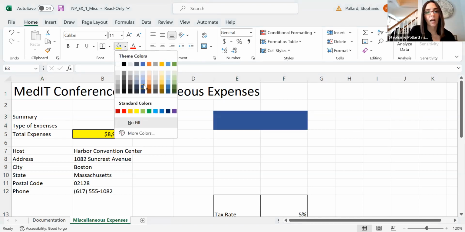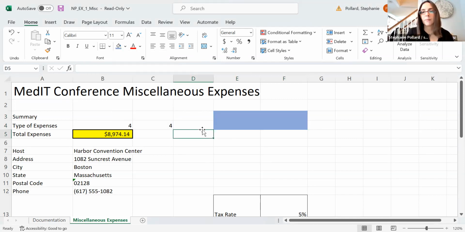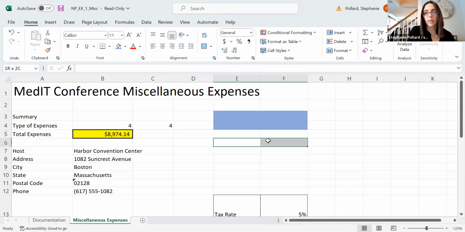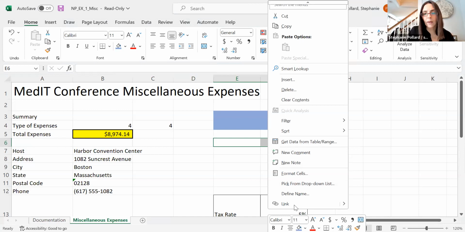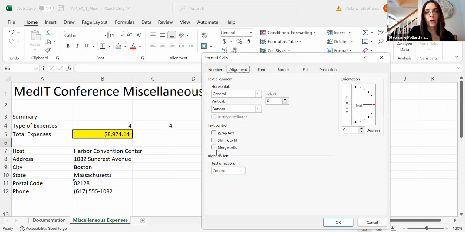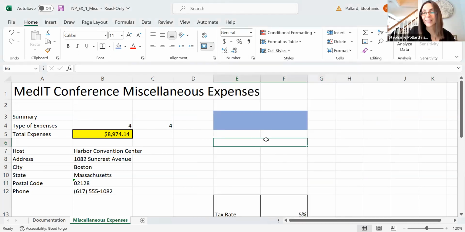So I can change those colors to be blue. And I can also even merge them. So I can take 2 cells together. I can right click on those. And then when I go to format, I can even do things like merge those cells together so that they kind of become just one group. You can see how it's now one cell. So there's a lot that we can do with formatting as well. And I encourage you to play around with that formatting and find out what works for you and what you like to